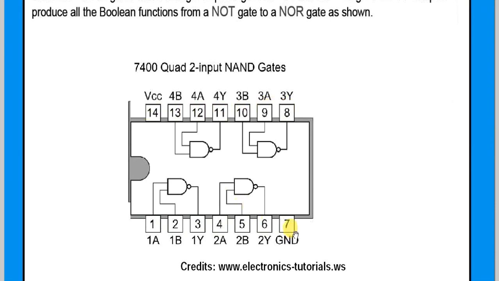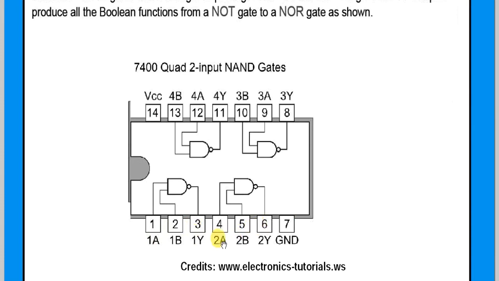At pins 7 and 14 we connect the battery, where 14 is the VCC positive, depending upon the type of transistor used. In this case, if it is positive VCC, it means NPN transistors are used. For PNP it will be minus VCC, but the ground is connected over here. Inputs are 1 and 2, and 3 is the output. In this case 6 is the output.